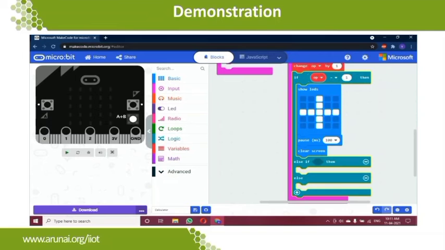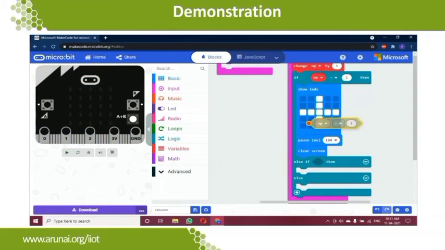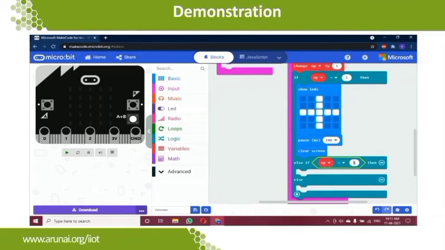So we are using else if again. We are duplicating the condition part, that is operator value equal to, now incremented by 1, that is if I press the second time. So the value should be 2, and we are going to use the same ones, show LEDs, pause and clear screen everywhere.